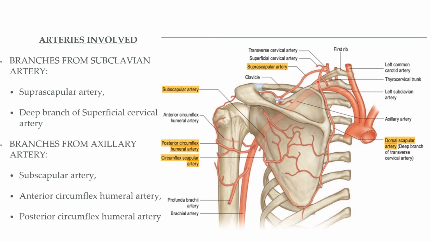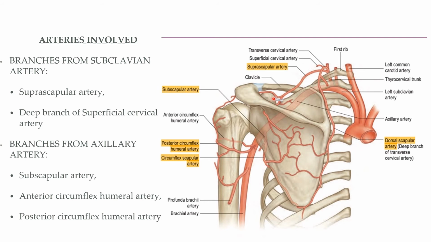The next branch of the thyrocervical trunk is the suprascapular artery. As the name suggests, the suprascapular artery approaches the superior border of the scapula. This is the superior border of the scapula. Here you can see a notch present, which is known as suprascapular notch. The suprascapular notch is bounded by a ligament called transverse scapular ligament, which you can see here, the